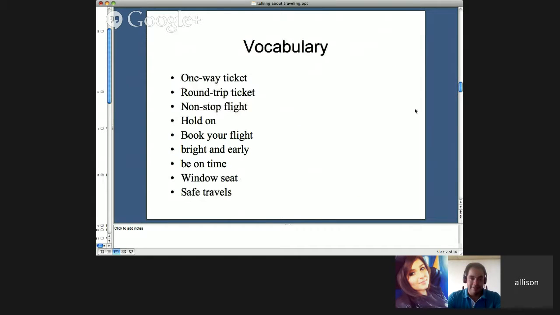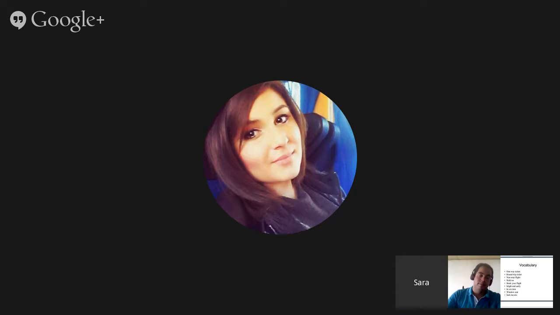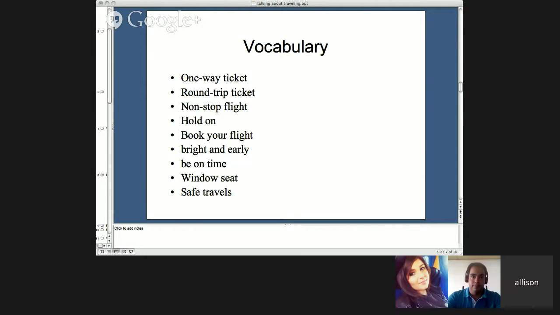Okay. Good. And Sarah, could you read the second bullet, please? Yes, round trip ticket. Good. So this is there and back. Good. Usually when we buy tickets,